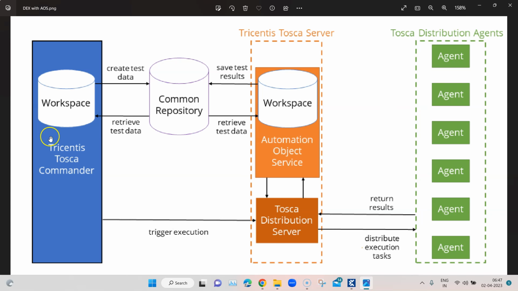Okay, so whenever we trigger any test events from our workspace in Tosca Commander, it triggers the execution from the server, and the server then distributes it to different agents. Once these agents finish their execution, they will return the results back to the server, and the server will then communicate with the automation object service workspace, which will again save the results back to the common repository,